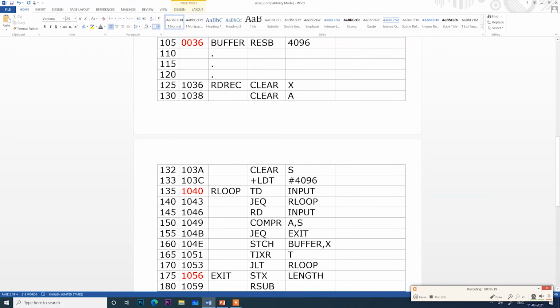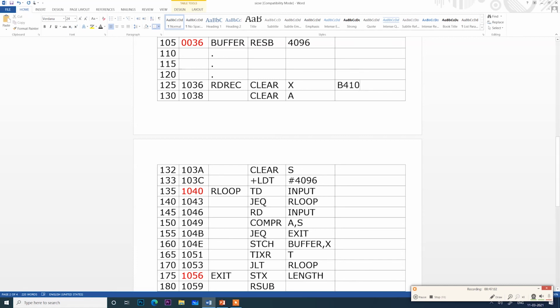Let's look at CLEAR X. The value for CLEAR is B4. When it is format 2, we can do CLEAR directly with a register, X. If you remember, in SIC we discussed the registers A, X, L, PC, S, T, W. The second one was X. So A is 0, X is 1. The number given was B4, 1, and it should contain 2 registers. Here you have only 1 register, so I am putting 0. B4 is for CLEAR, 1 is for X, and 0 for nothing.